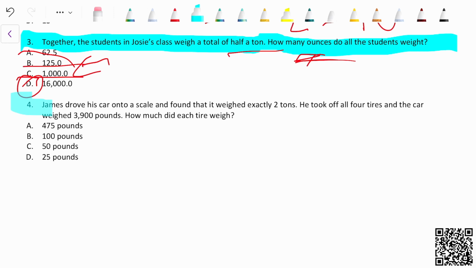All right, our last question today is, James drove his car onto a scale. Where did he get this big scale from? And found that it weighed exactly 2 tons. He took off all 4 wheels,